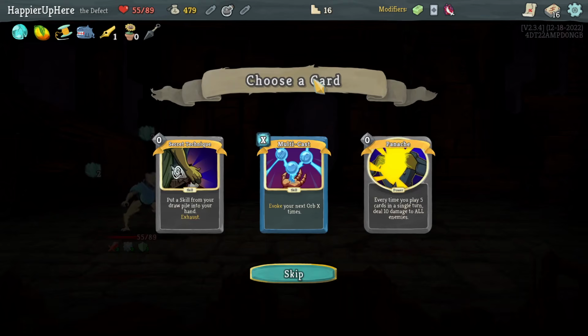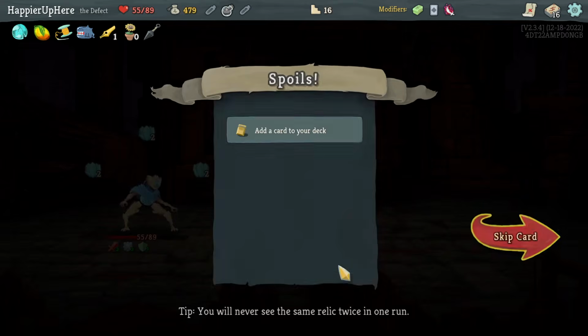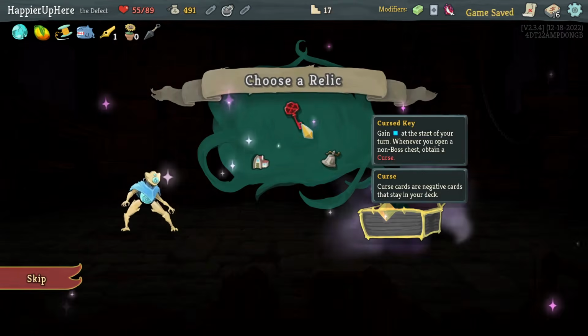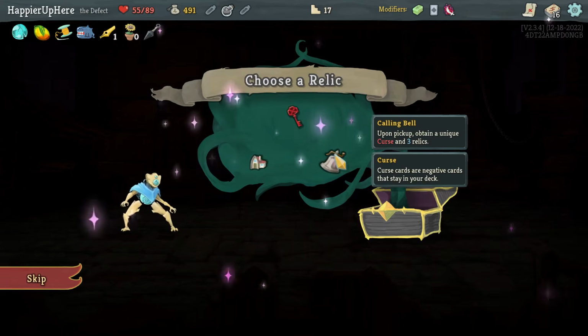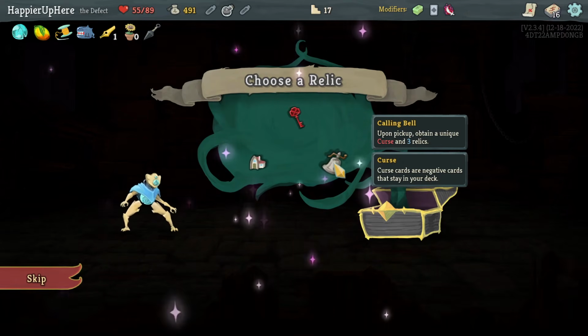Secret Technique, Multicast, Panache. I would abandon Pauper if I got something good, but I'm not a huge fan of any of these, so let's skip and go for Pauper. Oof, Curse Cure, Calling Bell. Oh boy, I am not really trying to get curses, so I'm gonna take the Calling Bell and